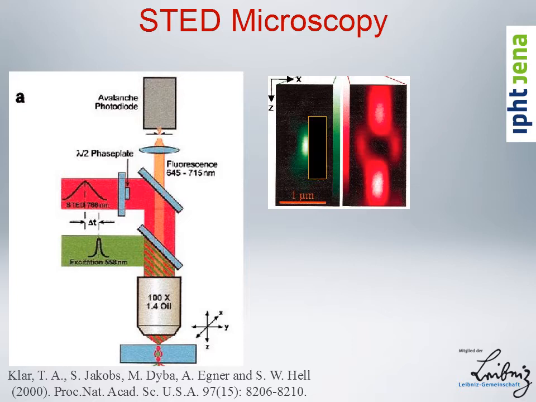So for example, if we could prevent fluorescence from this part when the excitation focus goes over it, and from this part, and ideally maybe even from this and this part, we are left with an effectively scanned area or volume that is a lot smaller, and this way we would have a super resolution microscope that is then not limited by diffraction. So the question is, of course, how would you achieve something like this? And the answer to that is you can